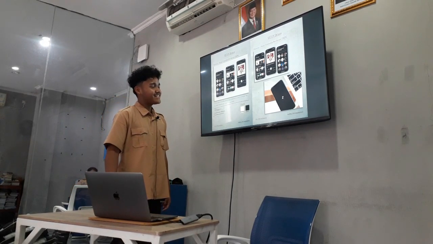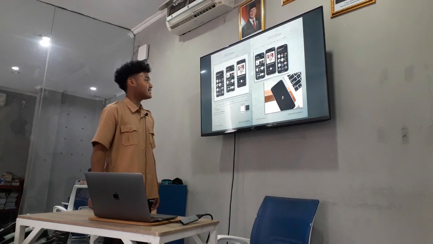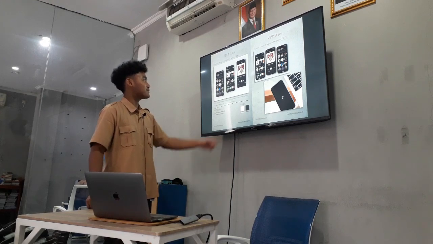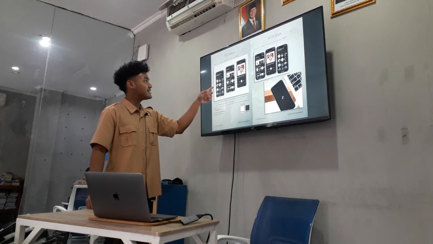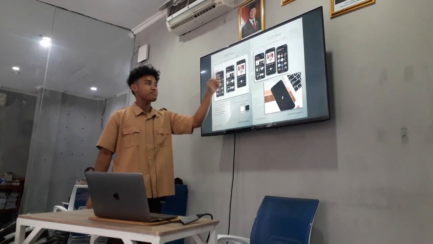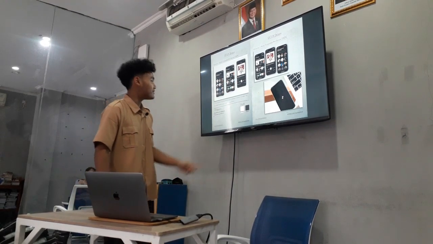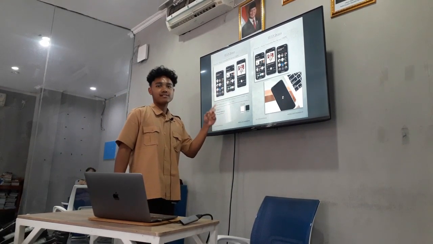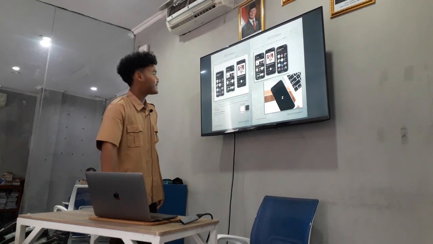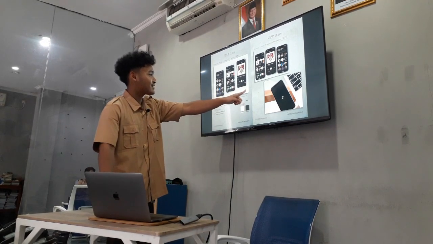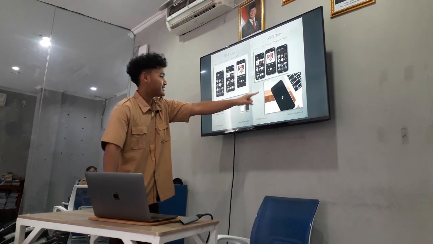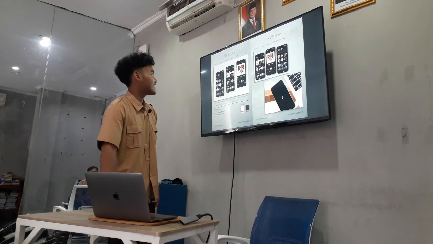I just made three simple UI layers: the onboarding, homepage, and music playing. And this is the breakdown of the elements that I use for designing this app. And this is the snapshot capture, the mockup, the logo.